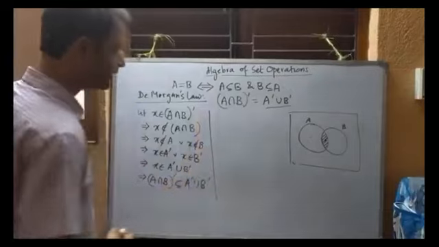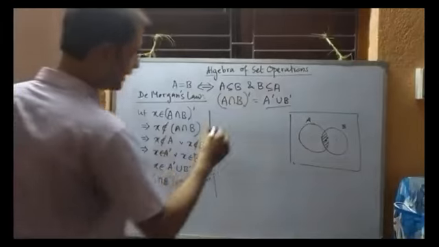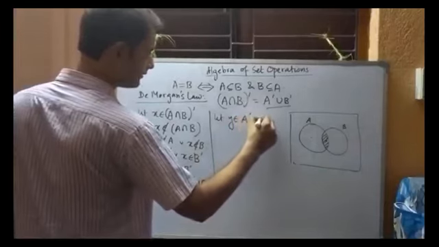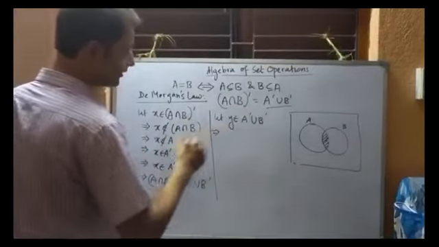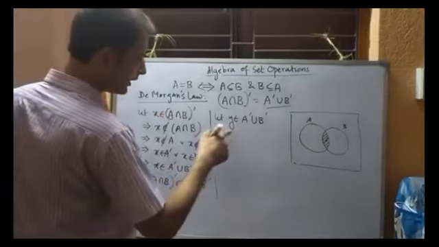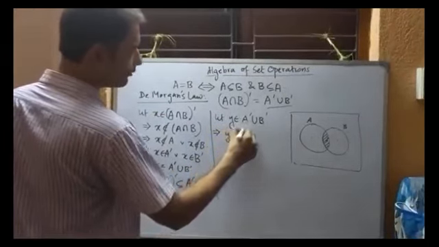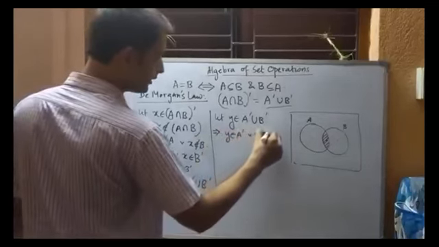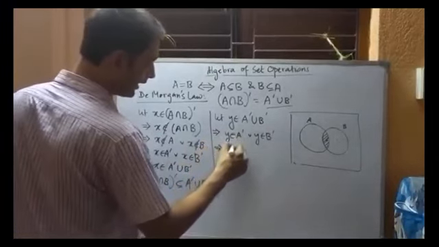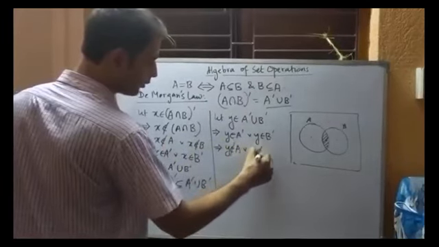Now this is one part, and now we have to show that the right hand side is a subset of the left hand side. For that, we again take an arbitrary element y from the right hand side, and see, this logic will apply here also. So we take y from this. y is in the union, that means either y will be in A complement or y will be in B complement. So then, if y is in A complement, we can write y is not in A, or y is not in B.